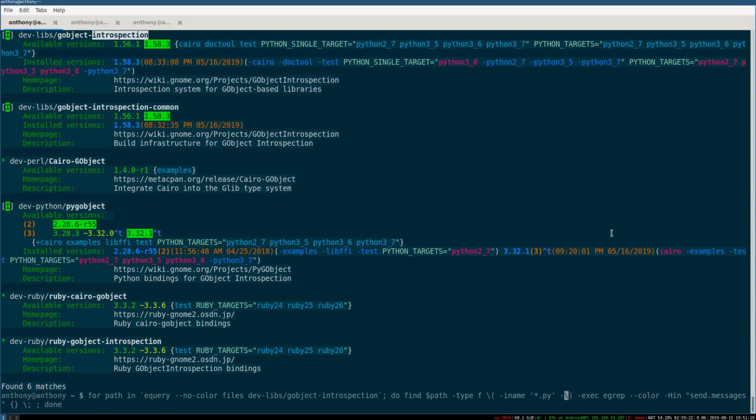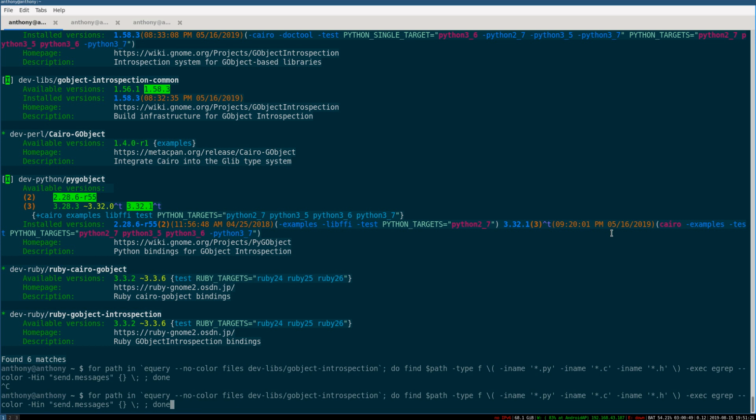So I'm looking for PY files. I also need C files. So I need C and possibly header files too. So we'll look for .h and hopefully